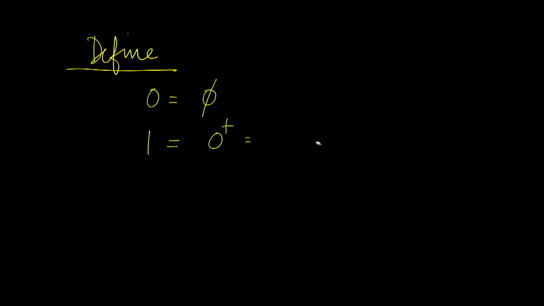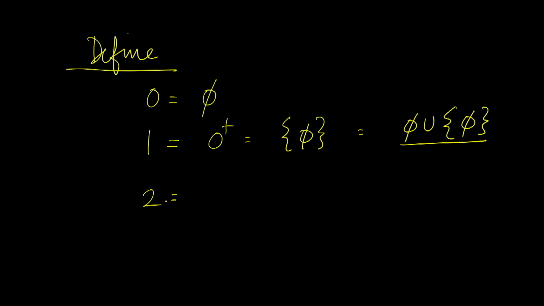Which is the successor of 0. That is because this is phi union the singleton phi. So 1 is the singleton containing phi, and then 2 is the successor of 1,